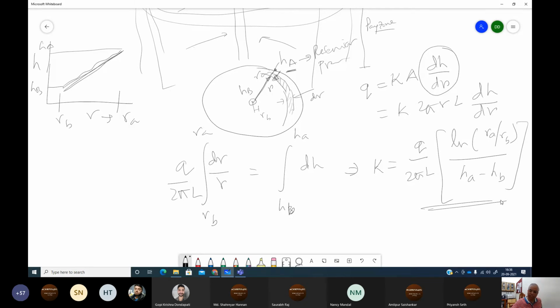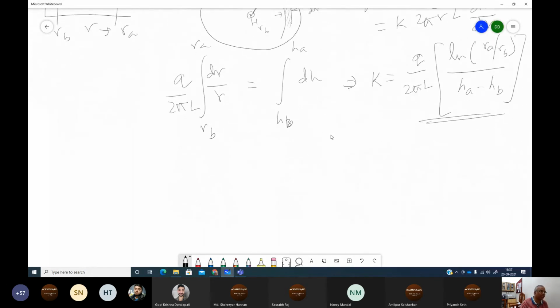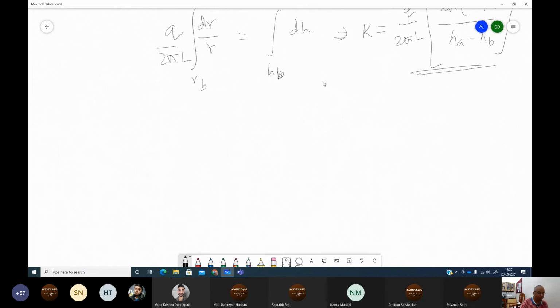I think the rest of the thing, there are just 2 things left. I think what I'll do next week is the quantitative way. So let me finish the theory, whatever we have here. There are 2 things now left, which is equivalent hydraulic conductivity. So let me complete that, and next week we are going to solve some problems.